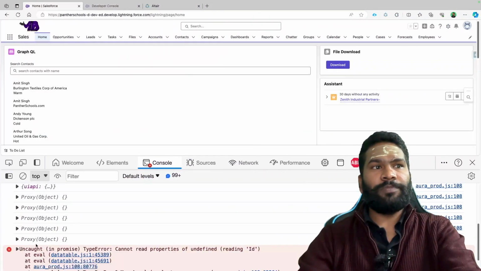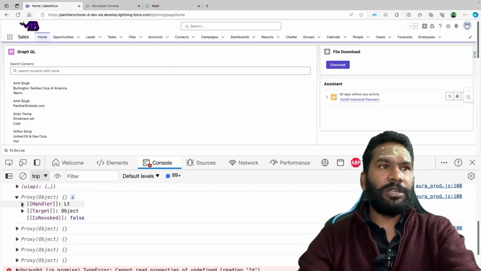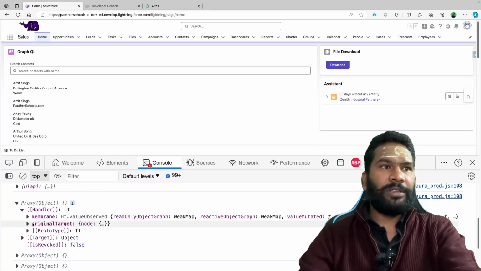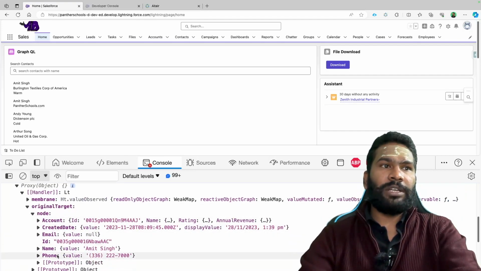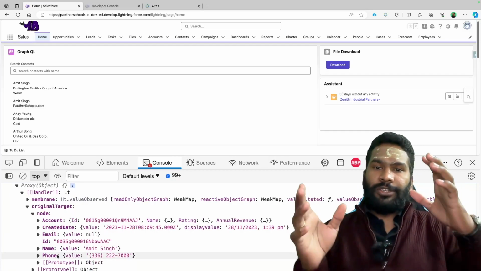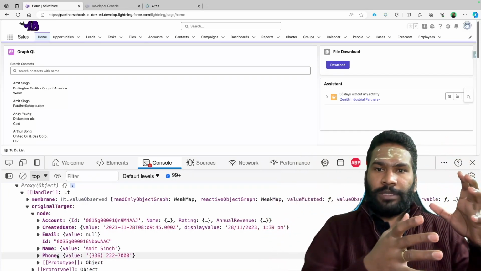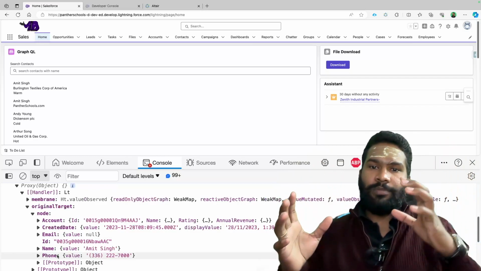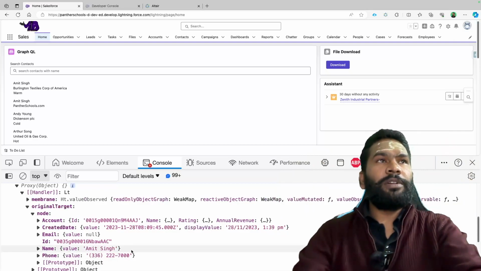These are all the items, the proxy objects. If you navigate to any proxy object, go to the handler, then under original target, you will clearly see that this is what you're getting as an item. Now you need to convert this item into the data table format, or I would say you need to transform this object into a different object. So how you will transform is,